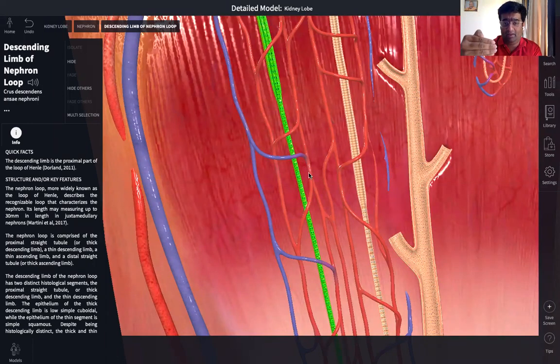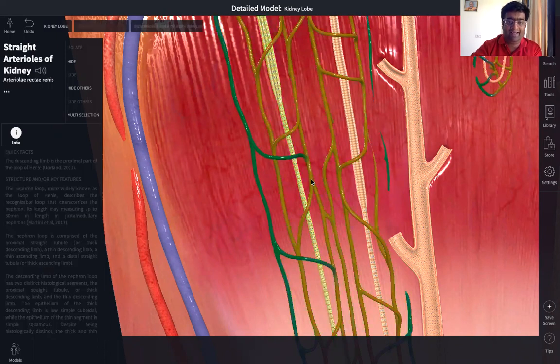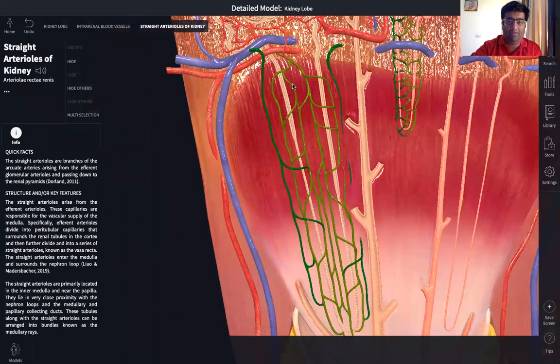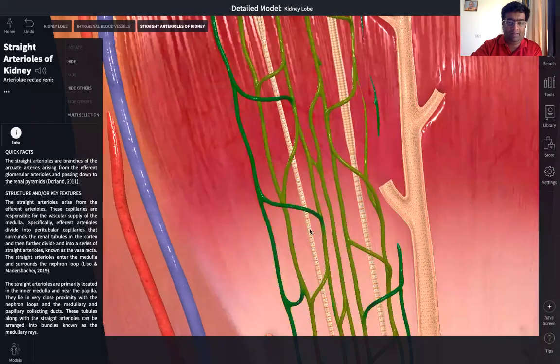So as the filtrate passes down, the water gets reabsorbed, and therefore the filtrate becomes more and more hypertonic or concentrated. It is because it is losing water. So as water is lost from a solution, the solution will become more and more concentrated, or in other words, it becomes hypertonic. You can see here there is a second network of capillaries that go on to surround the loop of Henle, which is called the vasa recta. These capillary networks that surround the loop of Henle are called the vasa recta.